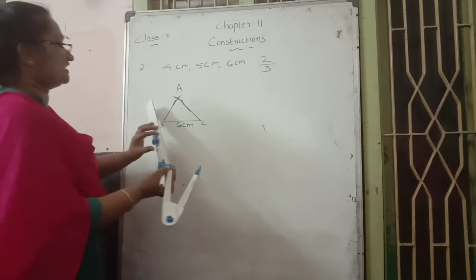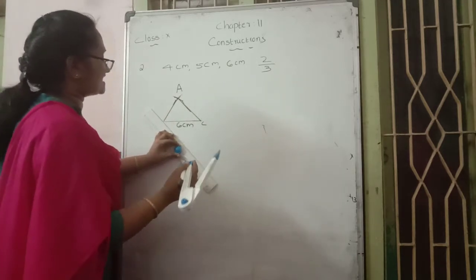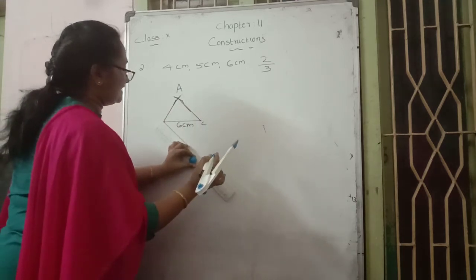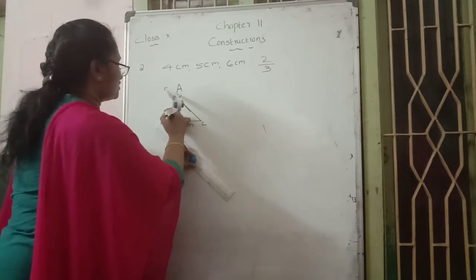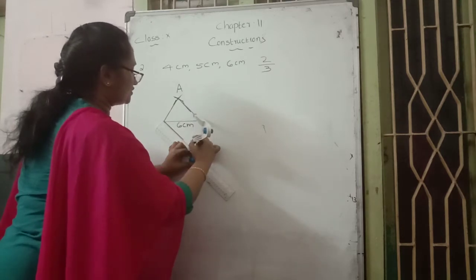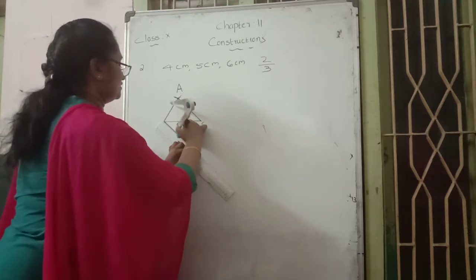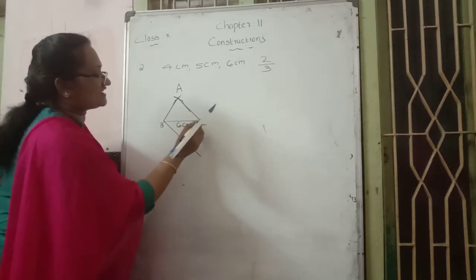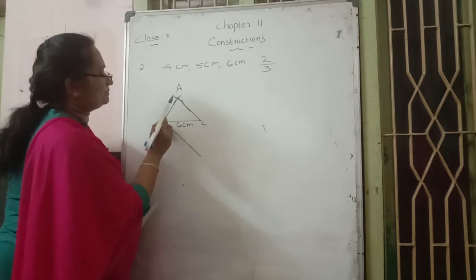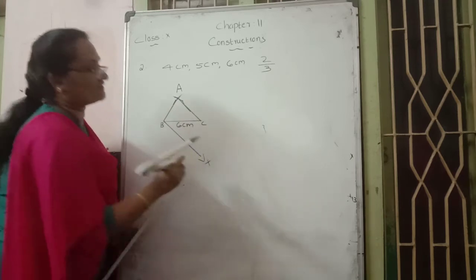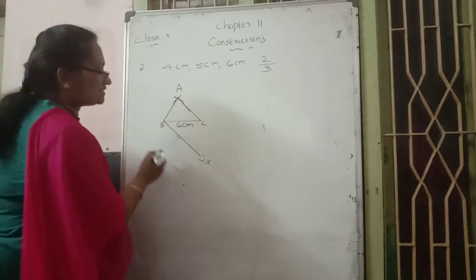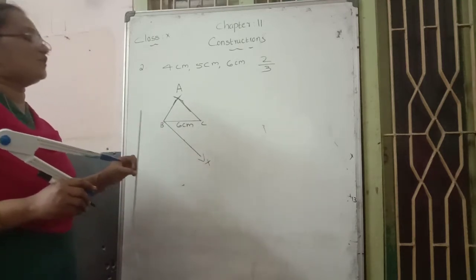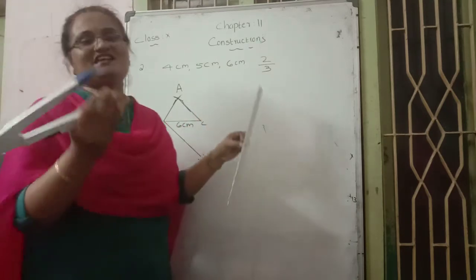Same procedure. Draw an acute angle, with BC as the base. Draw an acute angle, small enough. Mark the acute angle as C, B and X. That means BX is our ray. On that BX ray, how many points do we want to mark? 3. 3 is a small number of points.